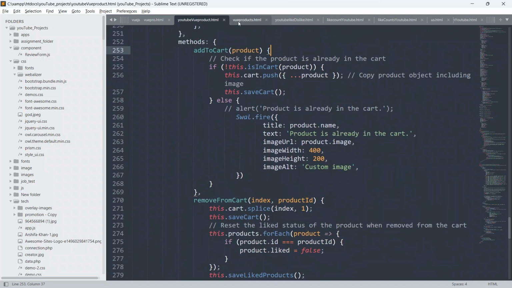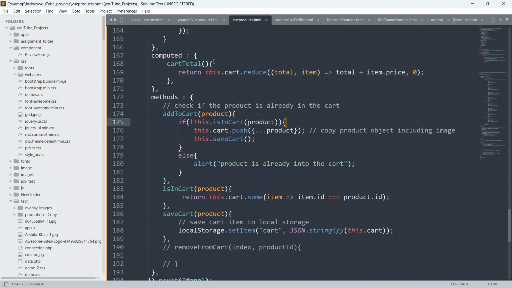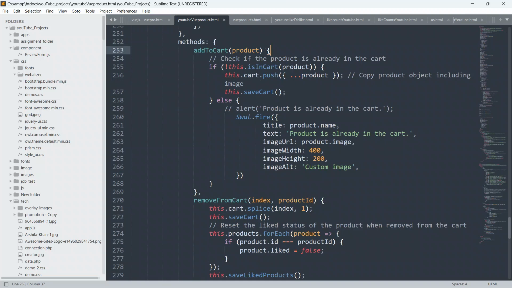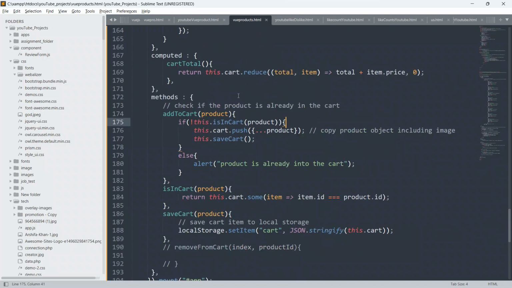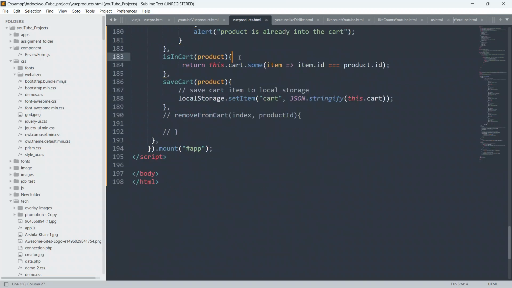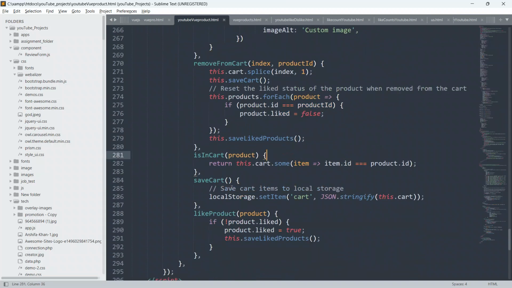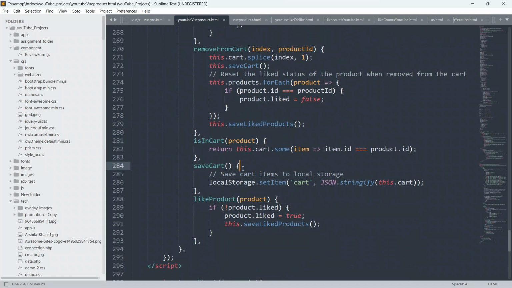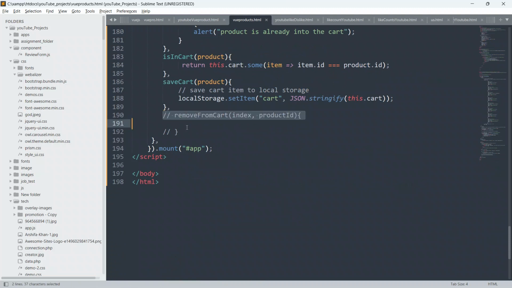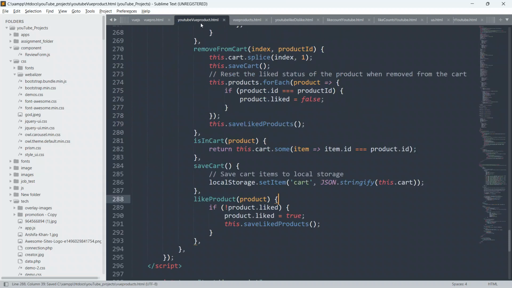This is the addToCart, saveCart, no issue at all. Else, so this is the else part, and isInCart. Okay, everything is fine, guys. So just remove this and mounted.